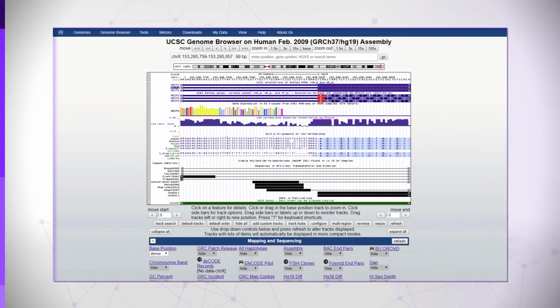How can we explore the wealth of information that is contained in these biological databases? One of the most useful ways to use this information is to employ a genomic browser, a graphical interface that starts with a DNA genomic sequence and enriches it with layers, known as tracks, of additional information. One such browser, and the most popular one, is the UCSC genome browser from the University of California, Santa Cruz.